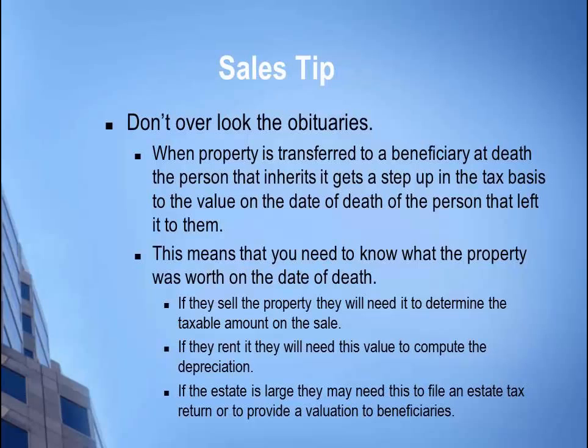Don't overlook the obituaries. I love the obituaries. Property gets a step up in basis when somebody dies. A lot of times family members don't know that, and if I were in the real estate business, I would be saying to whoever's now in charge, hi, I know mom owned that condo or that house, and because she died, you're going to need to know what it was worth on her date of death, and I can give you an estimate of value, and it won't cost you anything, and that would get me in the door,